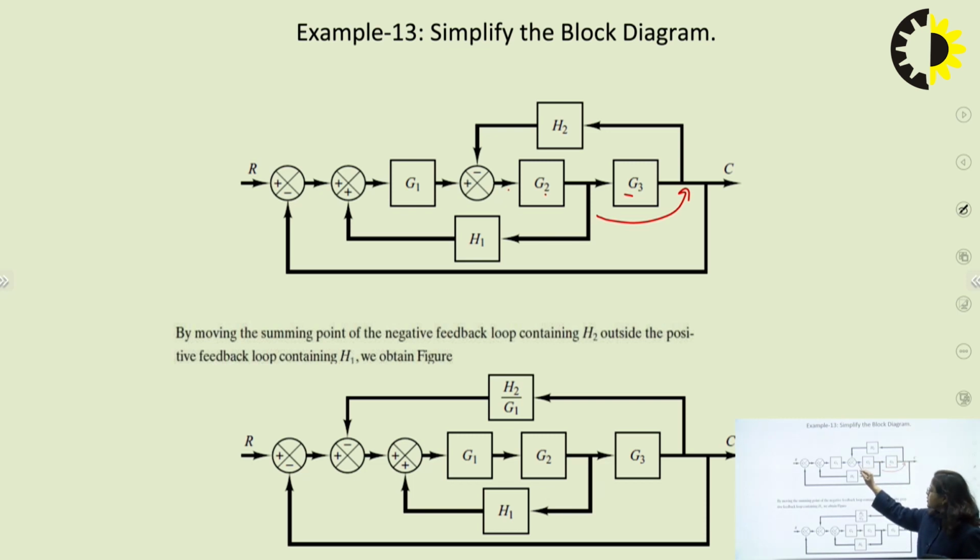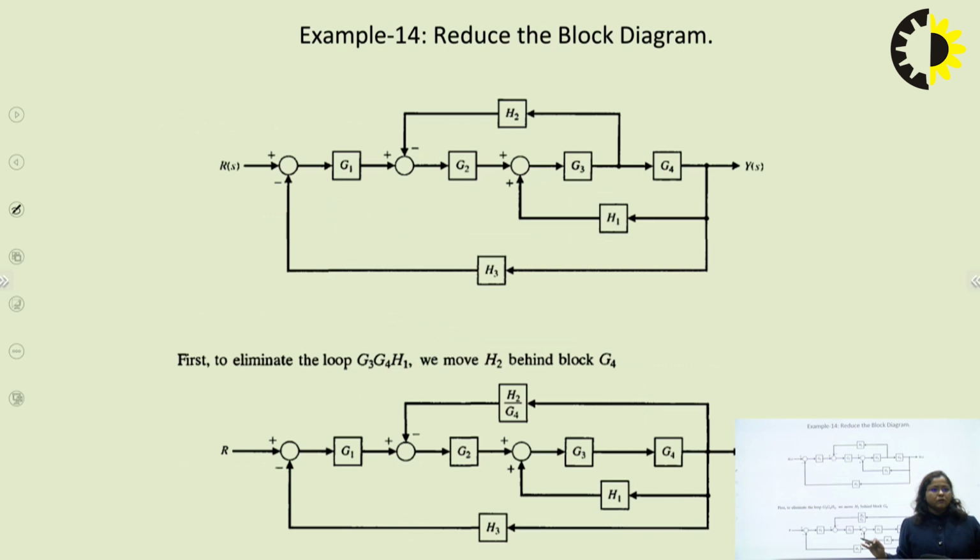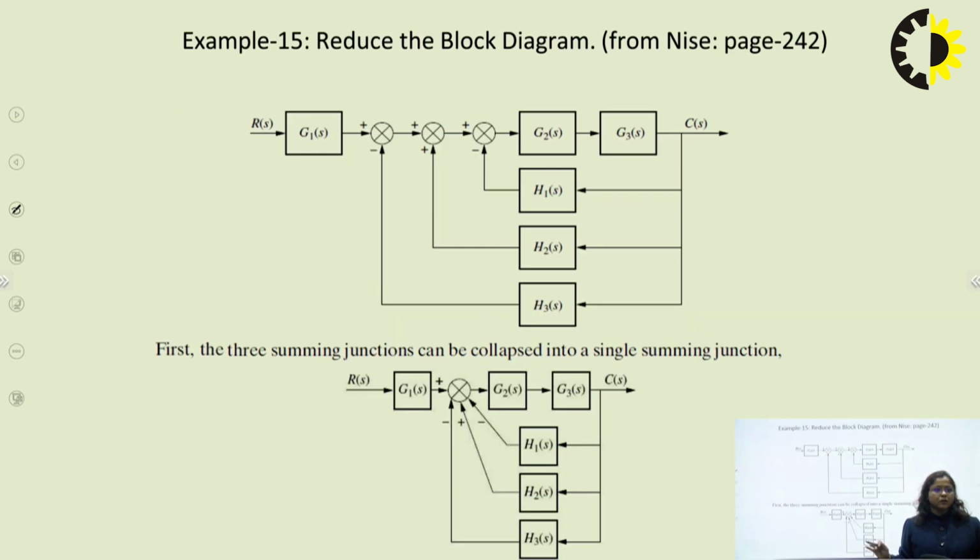So we will solve this, then this will become in cascade with G1. When we multiply it with G1, there is a feedback with H1, so we will solve this, and after that there is a last feedback of 1, then we will get the overall transfer function. So I hope you all will be able to solve this question, and I would like to ask you all to solve this question and write the answer in the comment section. I will skip this topic, and there are some more questions I can show you so that you can easily solve these questions.